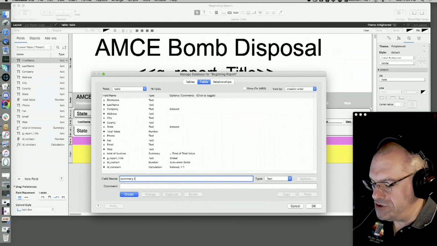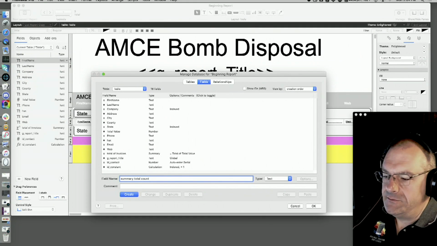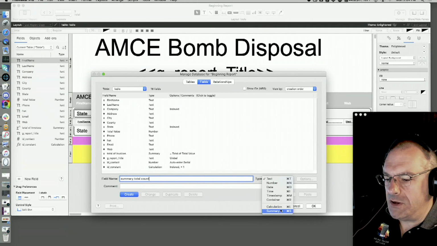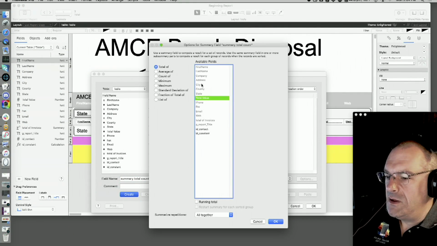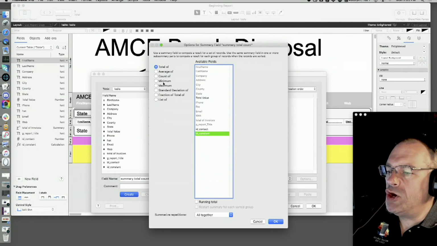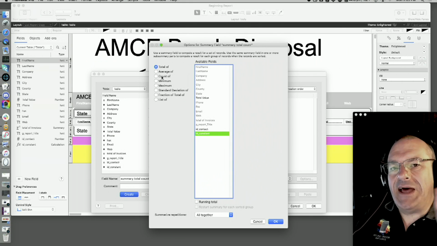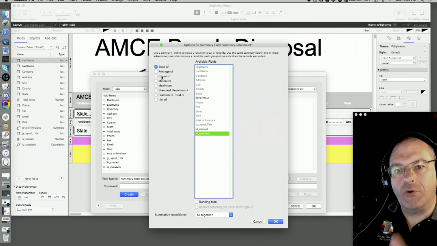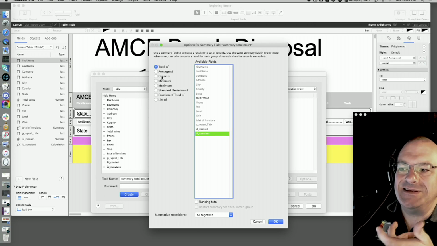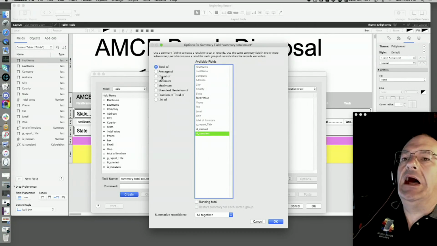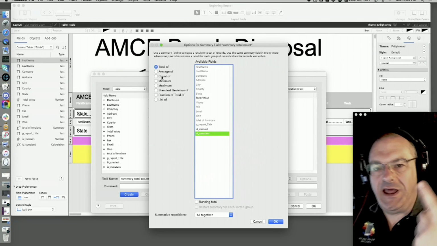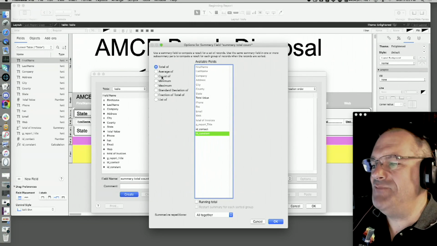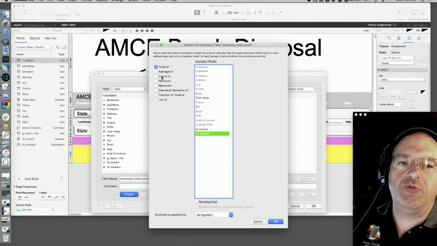ID constant, so I'm going to do a summary field. I'm going to say summary, total count. Doesn't matter what the name is. I'm going to go over here, go to summary, and create. And I would say, give me the total of ID constant. Now, you could do count over here, but the ID constant can be used in a lot of different things. Because it's a 1, it could be used through portals with a sum calculation. It's super useful for 100 different things. Having a 1 in every record is super useful. It's like a utility Swiss